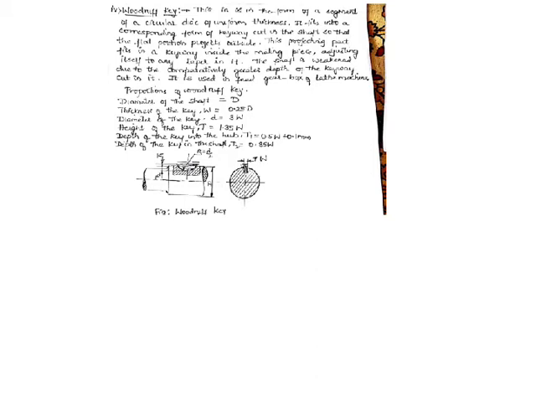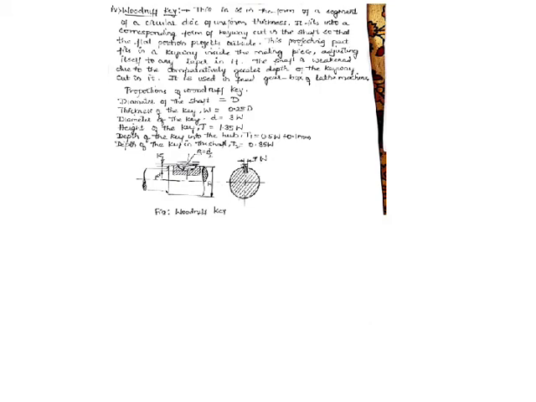The figure shows a Woodruff key. We can see the front view and the side view of the Woodruff key. Here the small semicircular portion is nothing but the Woodruff key. The major portion of the key will be inside the shaft, the circular portion, due to which it weakens the strength of the shaft.